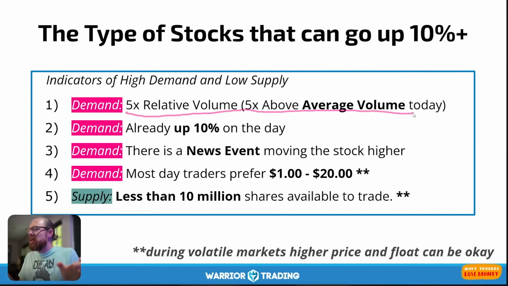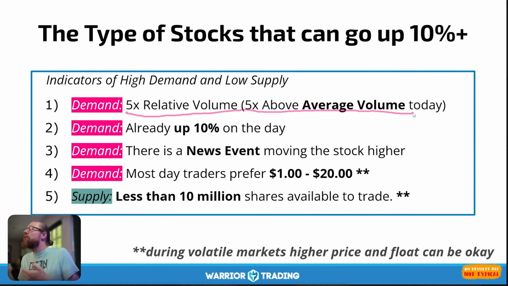The algorithms, the market makers, the high frequency traders scan news headlines in real time. And when they see news headlines, they have these computer programs that will automatically initiate buy and sell orders. So all of a sudden the news comes out and these buy orders are being initiated. Now the stock starts moving up, right? The market makers are trying to get in first.